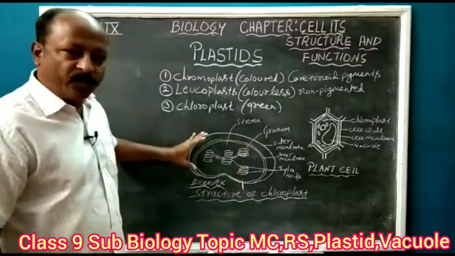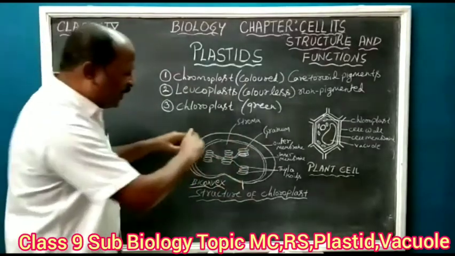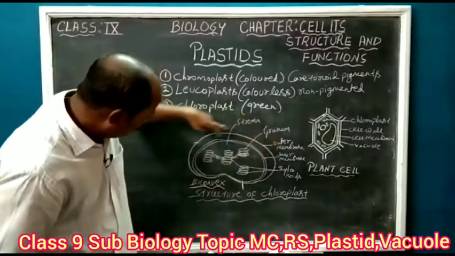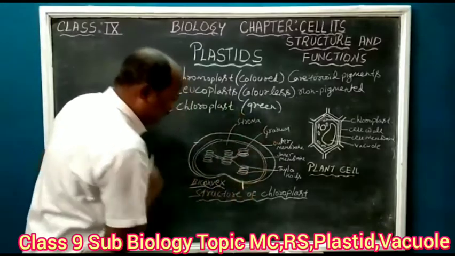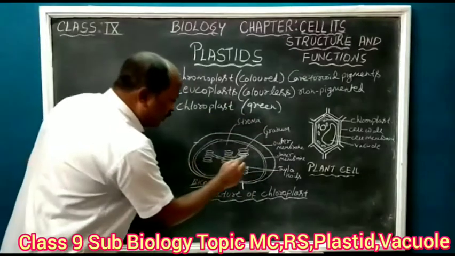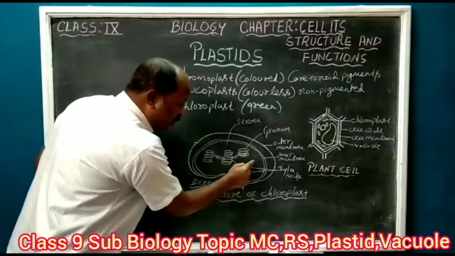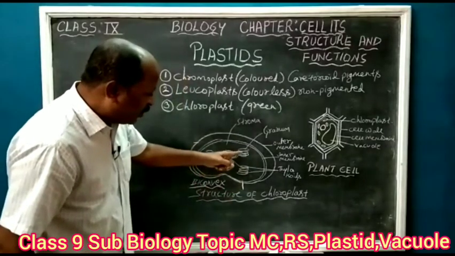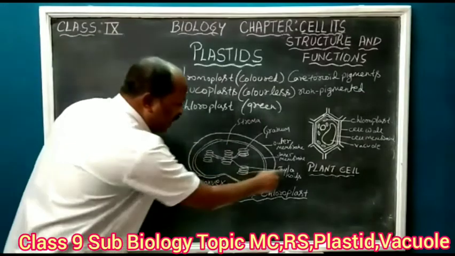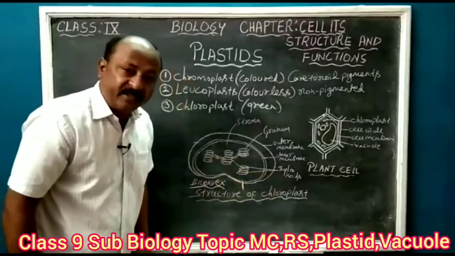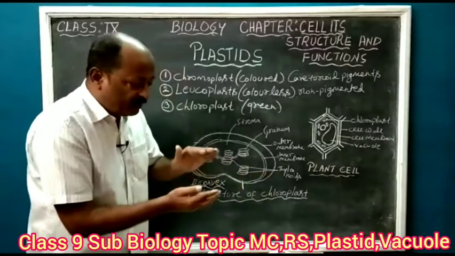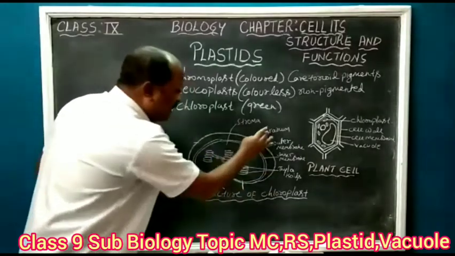So when you talk about the shape of the chloroplast, it is biconvex in shape. It has got a double membrane. This is the outer membrane. This is the inner membrane. Inside the chloroplast, we have got two parts again. One is called grana. The second one is stroma. This grana or granum, it has got structures called thylakoids, which actually have got pigments inside them. So single one is called as thylakoid. These thylakoids together are called as granum.